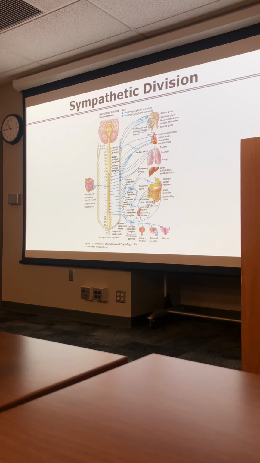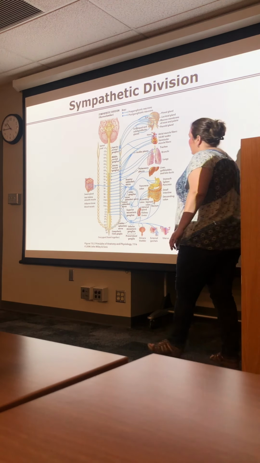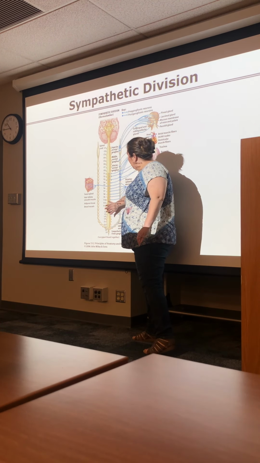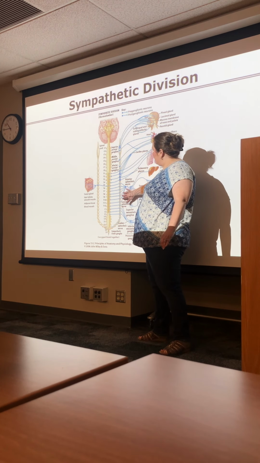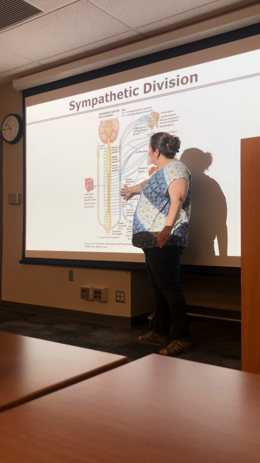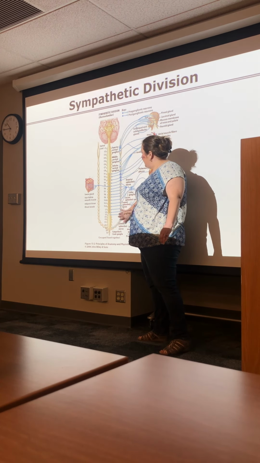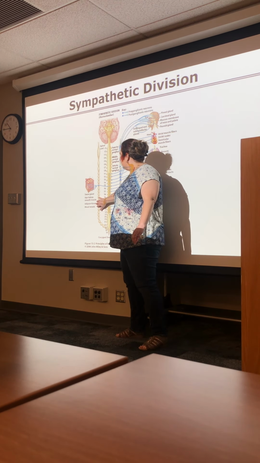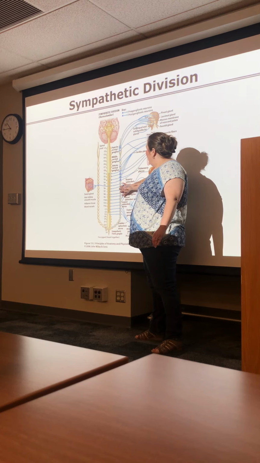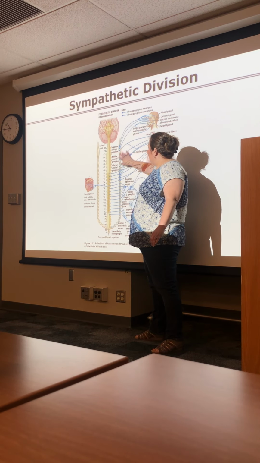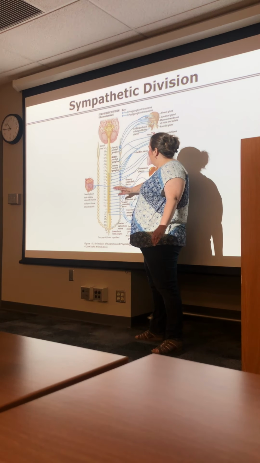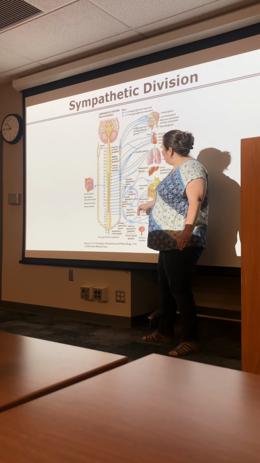And this shows you that as well. Just coming from T1 to L2, here we are getting onto the sympathetic chain. When we get onto the sympathetic chain, we can synapse at that same level. We can run up the sympathetic chain, run down the sympathetic chain. This is happening on both sides. We can synapse at a different level, get off. We can synapse at the same level we came off and get off, or we can jump off without synapsing,